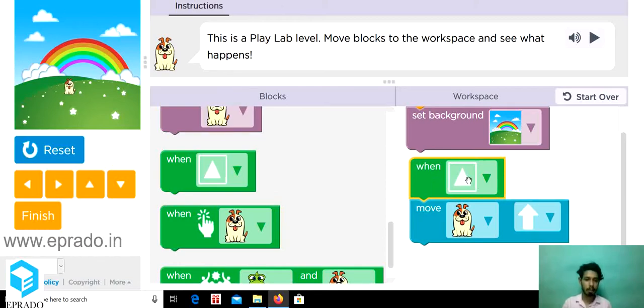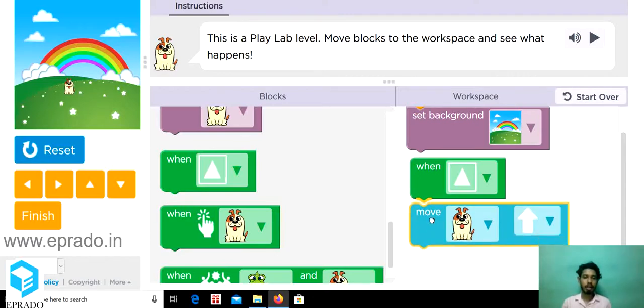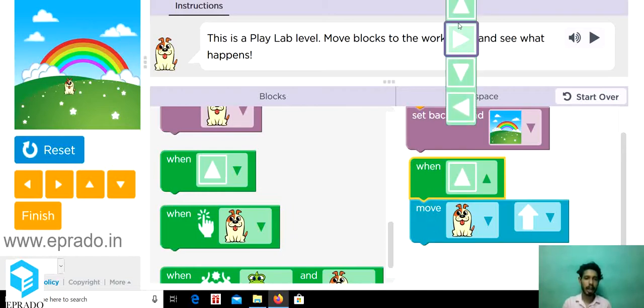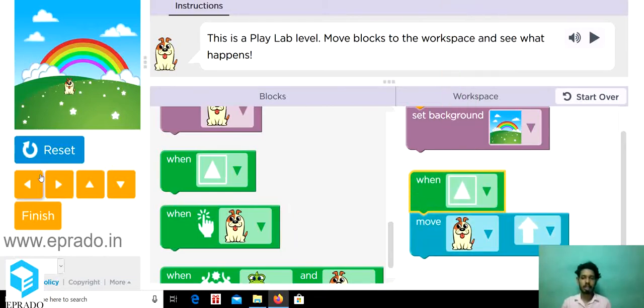It has an up arrow, which is a control key. Whenever we press this up arrow, the following action will be performed. What is the action here? I have chosen move dog upwards, and I have chosen this up arrow. So now this dog can move upwards whenever I press the up arrow.